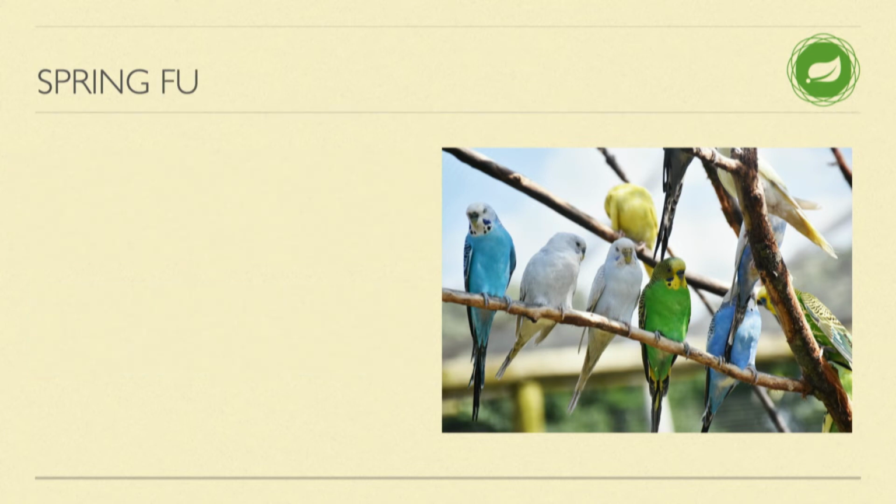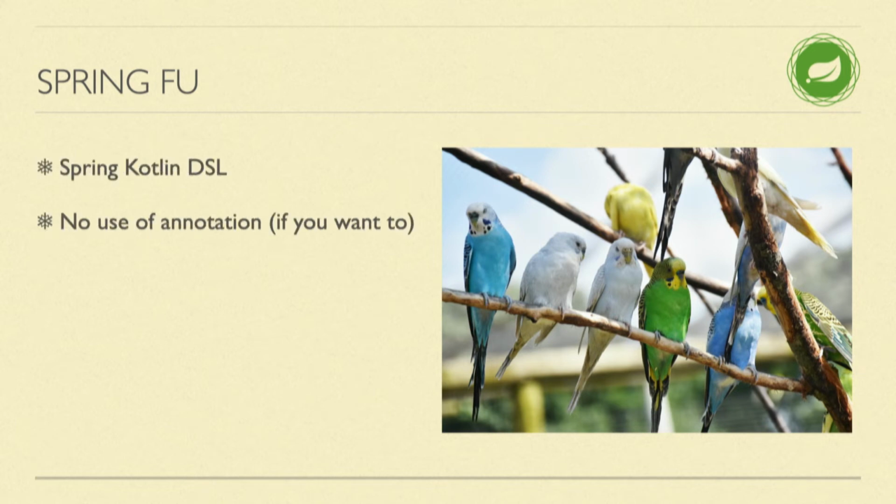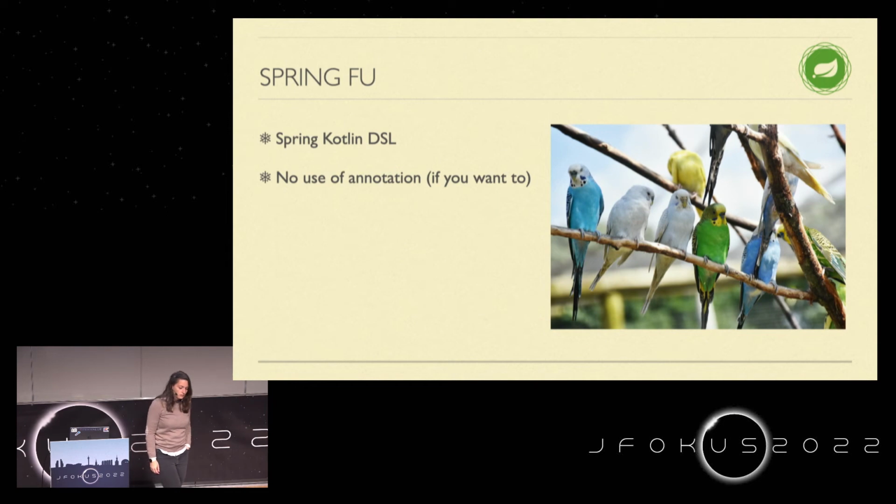Another thing where Spring is really hopping on the Kotlin train is Spring Fu. Spring Fu is an experimental project from Spring, where they try to design a new DSL to configure your application. It has a Java Fu and a Kotlin Fu. So that states out that Kotlin is considered by Spring for sure. So that means if you're using Spring Fu, you don't need to use any annotations, if you want to, of course, and that you can use a DSL.